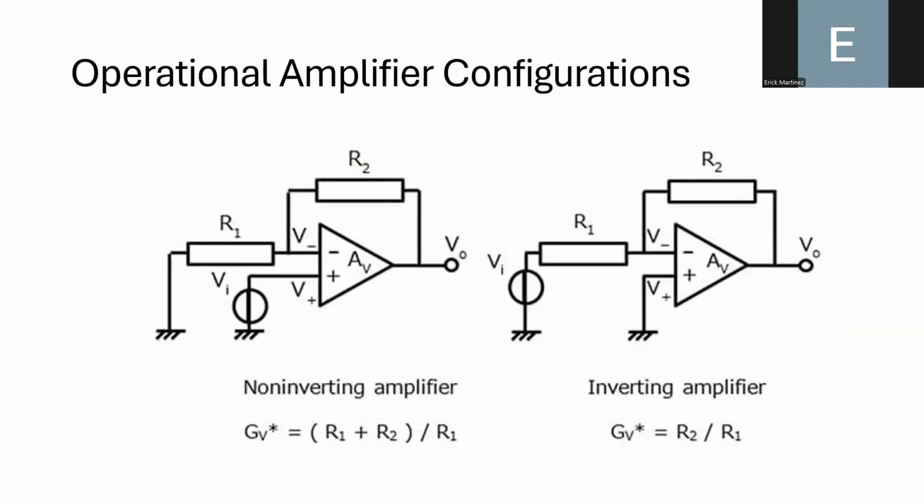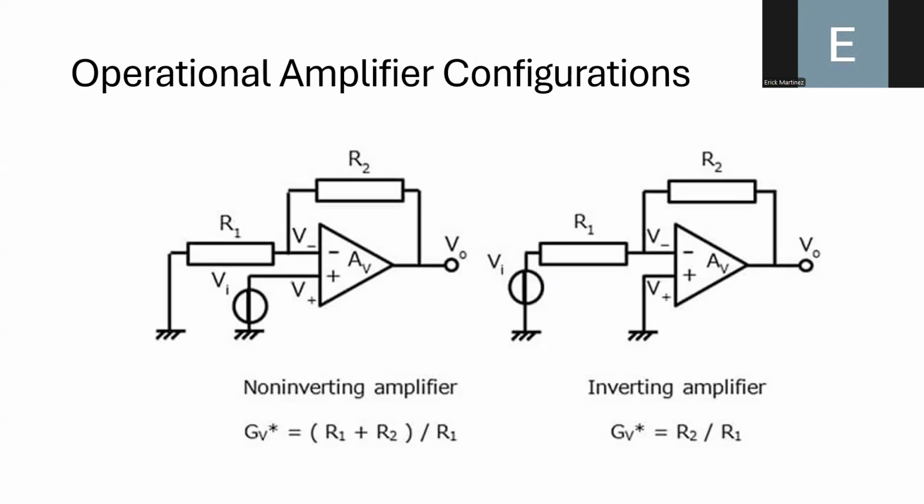And well, if you arrange some resistance in a particular way in the operational amplifier, you can generate a device that can amplify or attenuate the input signal. For example, if you want to produce what we call a non-inverting amplifier, well, what you need to do